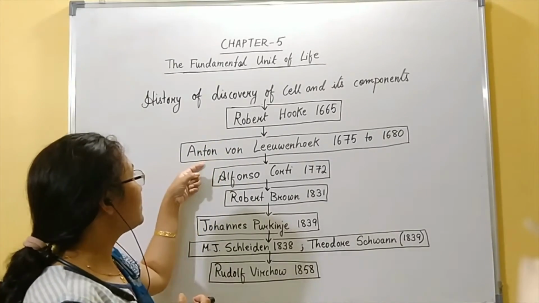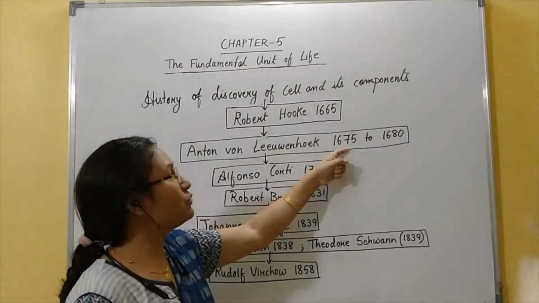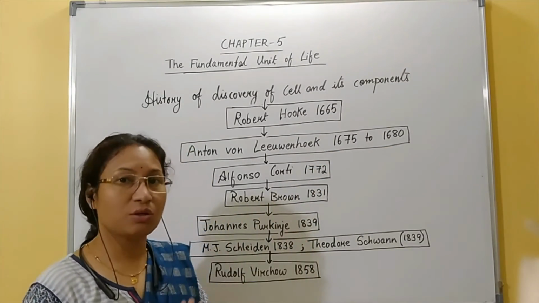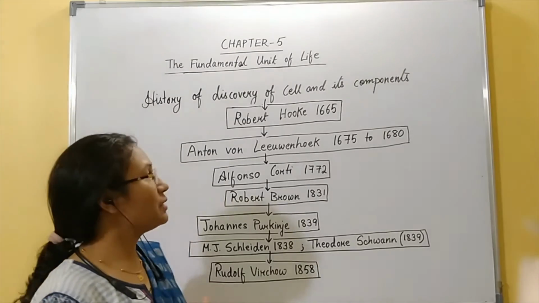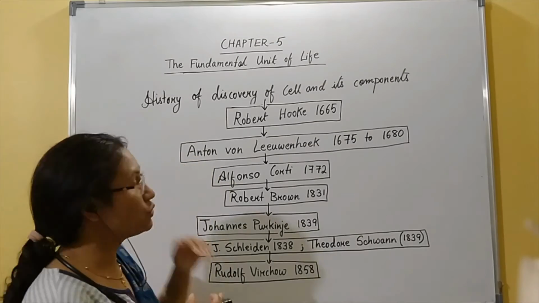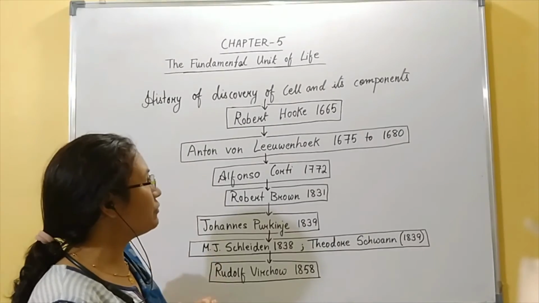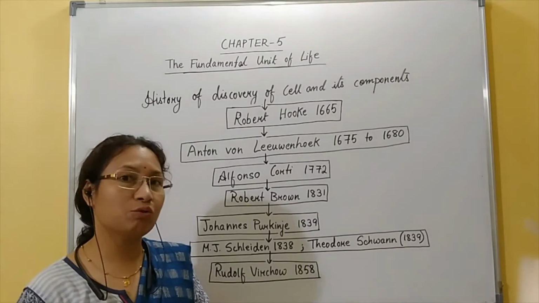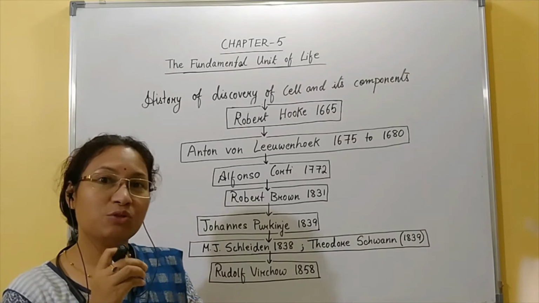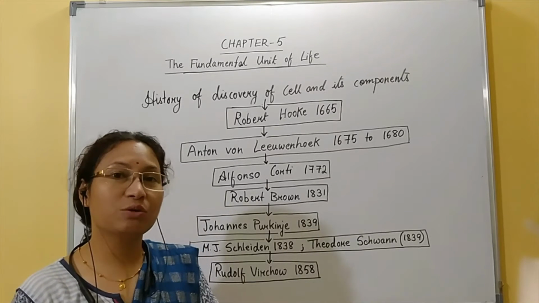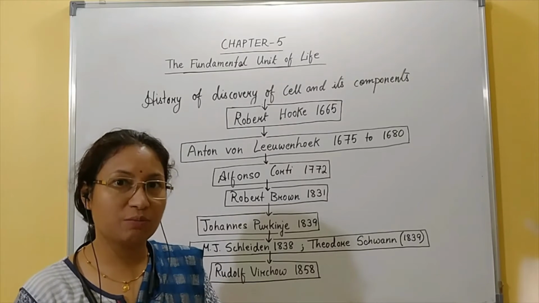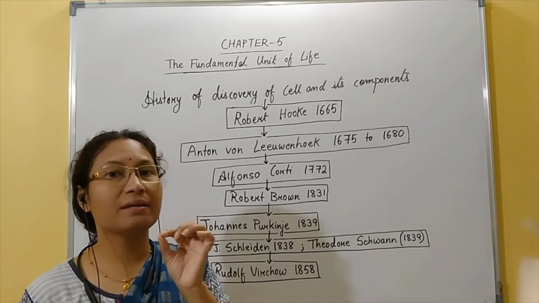Then later on, it was Anton von Leeuwenhoek who, in between 1675 to 1680, did a series of studies on how to improve the microscope. So the already existing microscope was made better, upgraded by the use of two lenses now. So Anton van Leeuwenhoek discovered the first compound microscope, and under this compound microscope now he could observe a drop of water. Then in that water he could observe some living creatures which were moving around in the water, and he observed carefully. They appeared to have single cell.